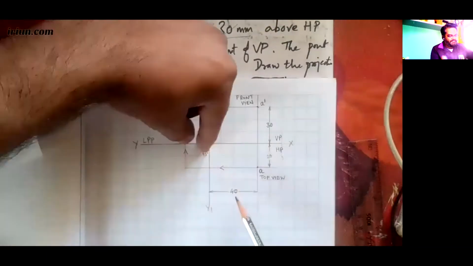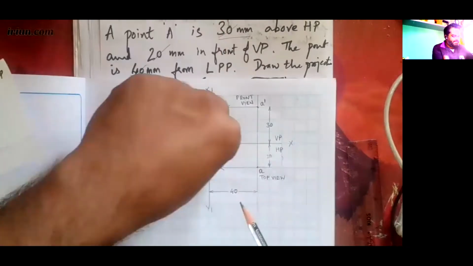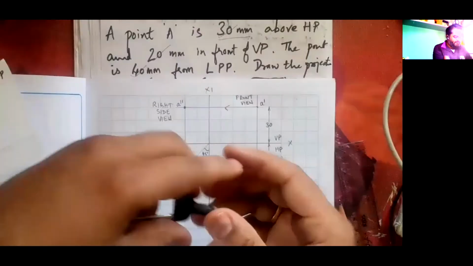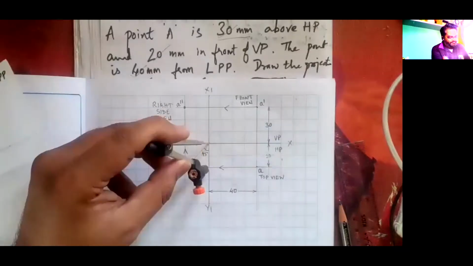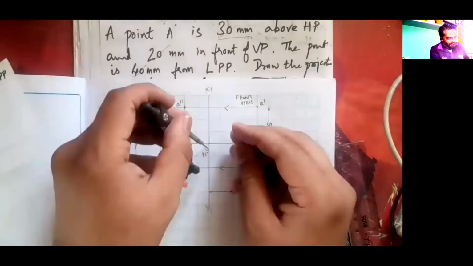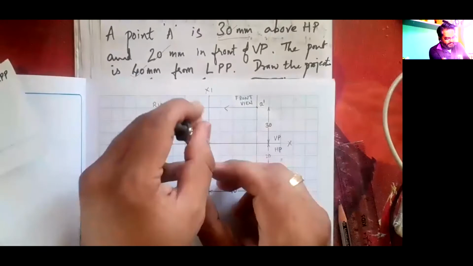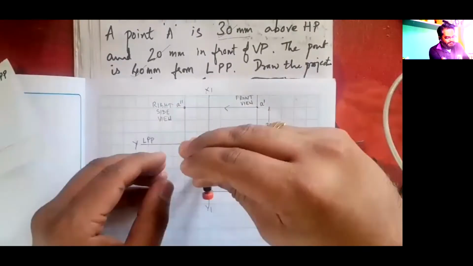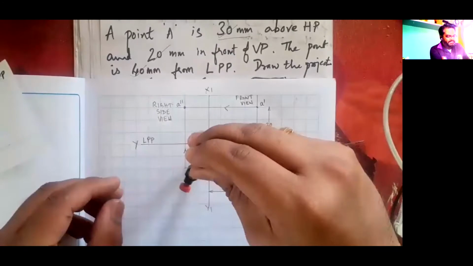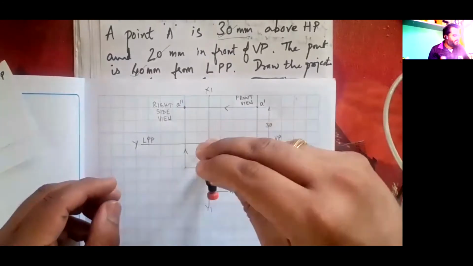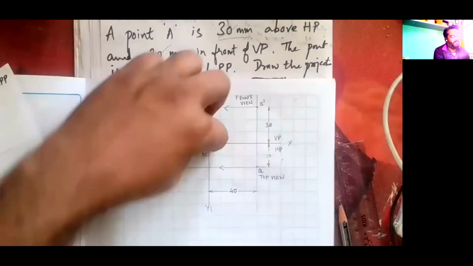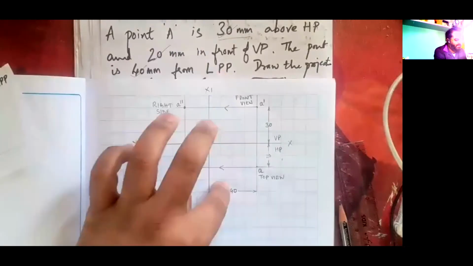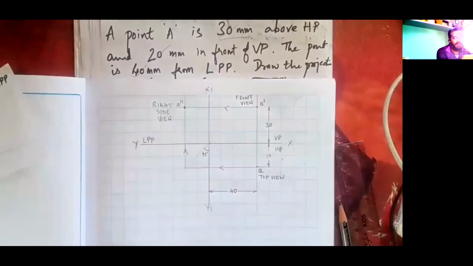Either I can draw an arc here like this. I can take an arc here and then draw 45 degrees, which is convenient. See, this distance 20 mm, I can draw an arc also. Directly I can take two boxes and then continue. This distance is the same. What we mean is that this distance will be the same on two perpendicular planes of projection. Here RPP is there. Here we have solved with LPP. The same thing continued for LPP in the previous problem. Have you understood?